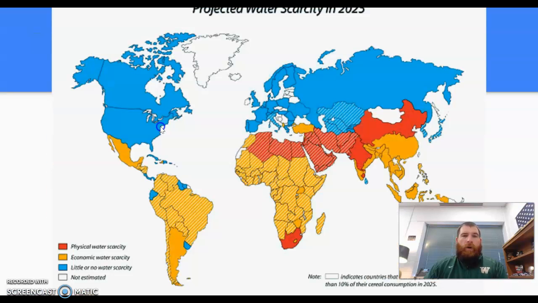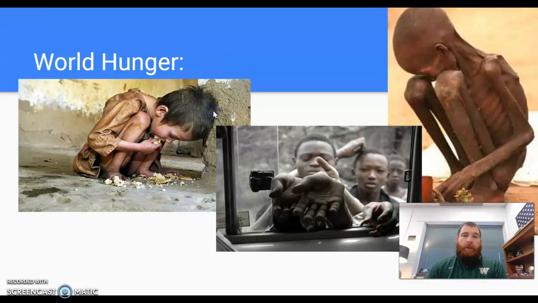Right? Water scarcity. This is something that you may have to deal with in your lifetime. Projected water scarcity by 2025. Just look at all the yellow on there. The good news is most of our food is grown in the northern hemisphere, so everything above that line, we still have some farmland available there, but it will be something that we have to deal with as a grandpa, and then for me, and then as an adult for you. It'll be something that you'll have to consciously think about.